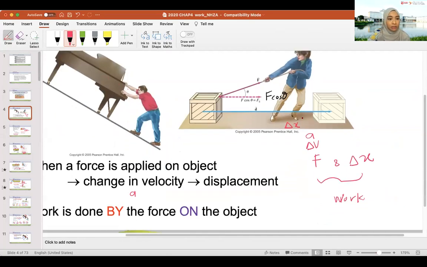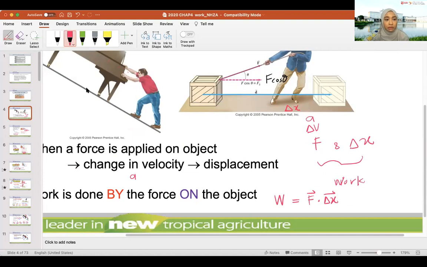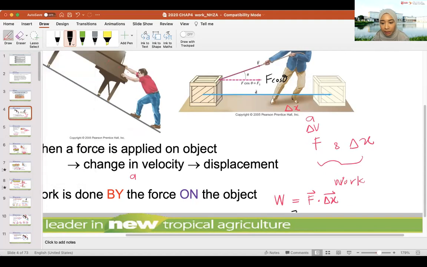So work done, I'm going to introduce to you the equation. Work done, we label it as capital W, like force we label as capital F. So work done is labeled as capital W and it is equal to F vector dot displacement vector. F vector dot product with displacement vector. If you still remember, when you expand a dot product, it will become F magnitude delta